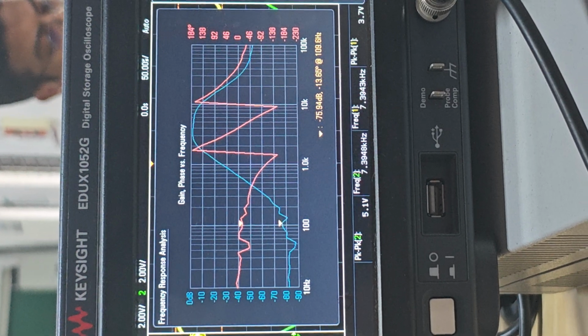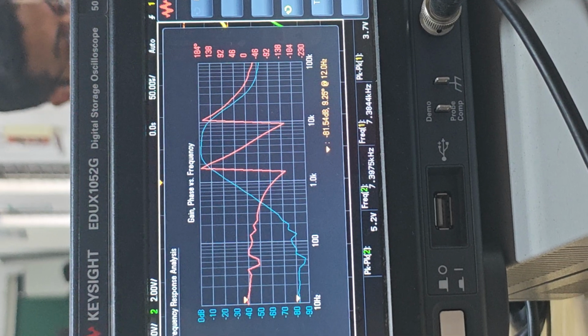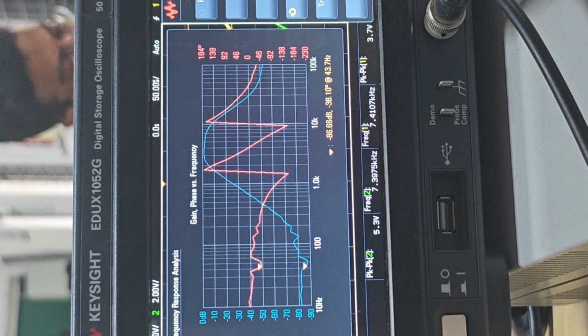Initially, from 10 Hz to 100 Hz, the magnitude response is pretty small and there can be a chance of noise interfering with the filter's output.